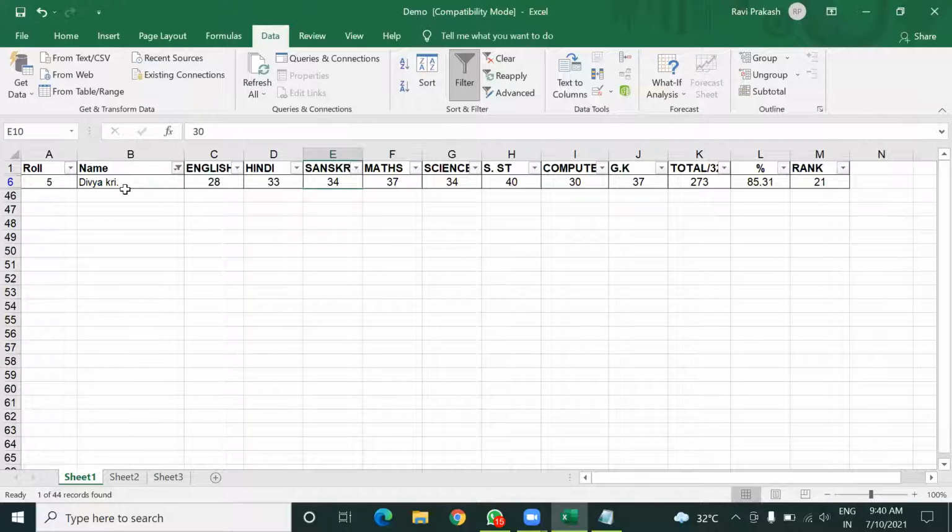So now you can see only one student record is showing here, that of Divya Kumari. Why? Because I have typed the name of this student under the equals text filter. Understood? Yes, sir.